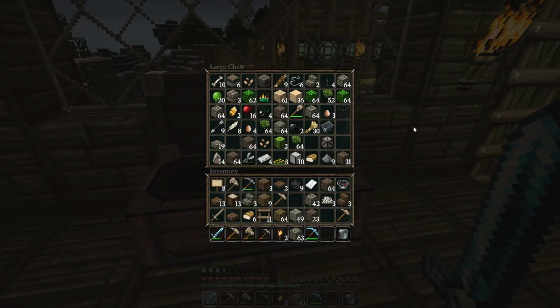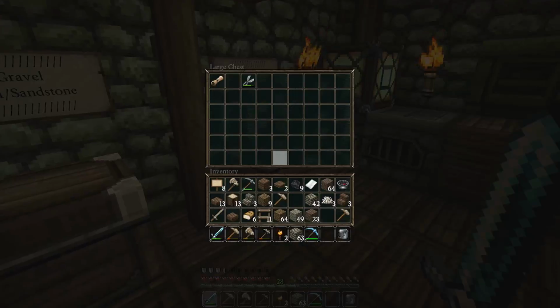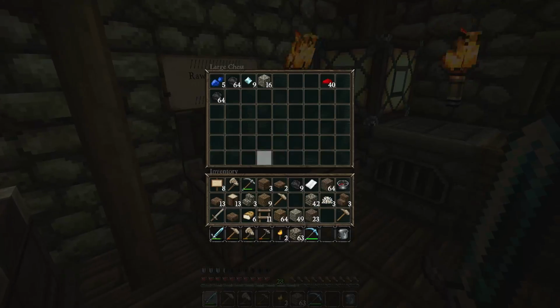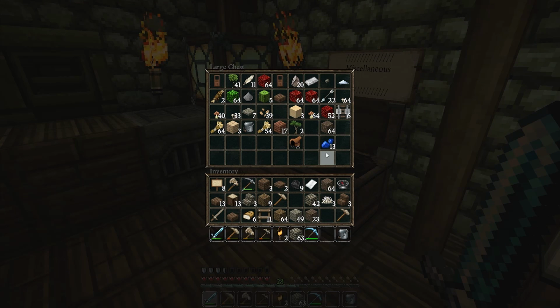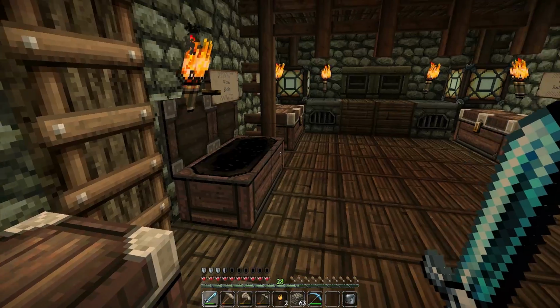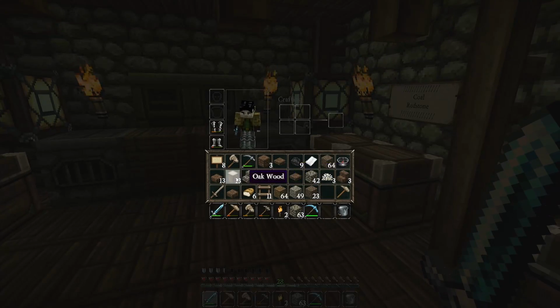So let's have a look in the old stocks here. Do we have anything? Probably not. Oh my god, my chest organisation is horrible. So we have, ooh, a little bit of, that's a detector rail, that's not really good for me. No fences. And do we have any wood? I have a little bit, but probably not enough, so I'm gonna have to make a...